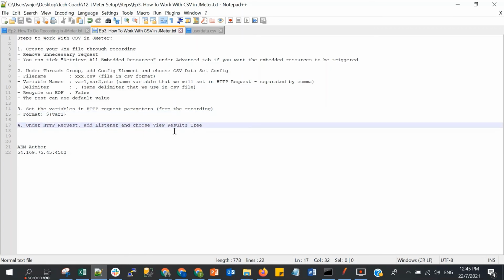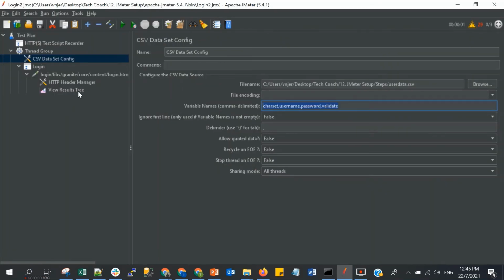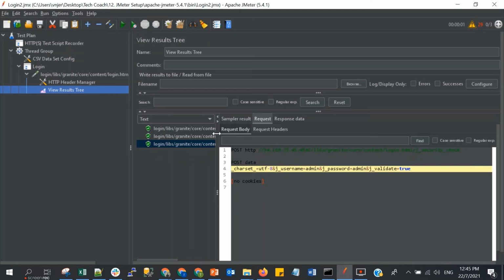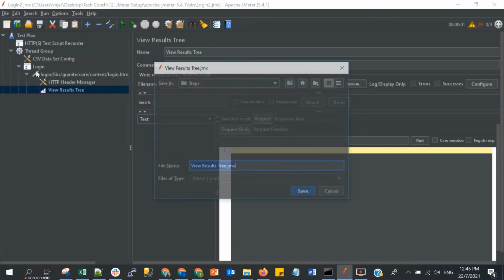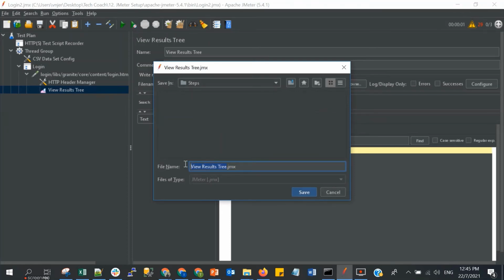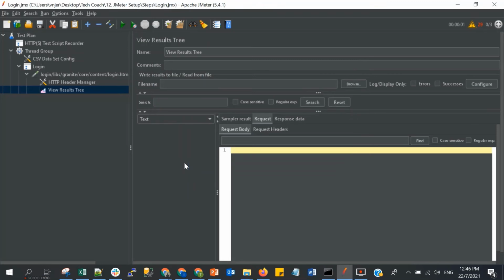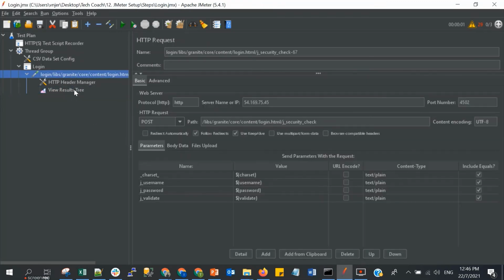And the fourth step, let's add the listener. We actually added it before when I showed you the case where we are triggering one user login 3 times, but with this CSV we are testing 3 user logins 1 time each, like I explained in the beginning. Let's clear this. Okay, and let's save first. Save the test plan. I will save it as login. Okay, now let's run this.